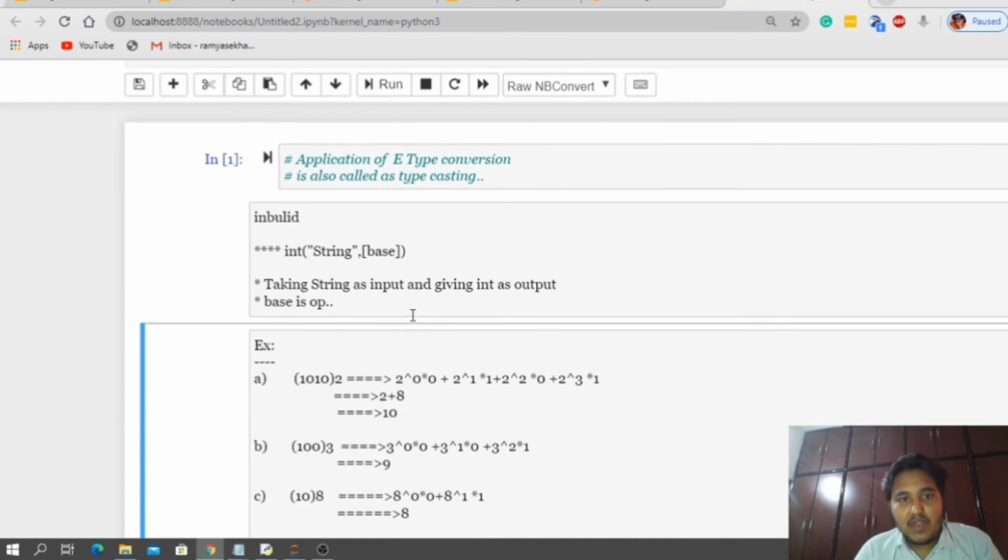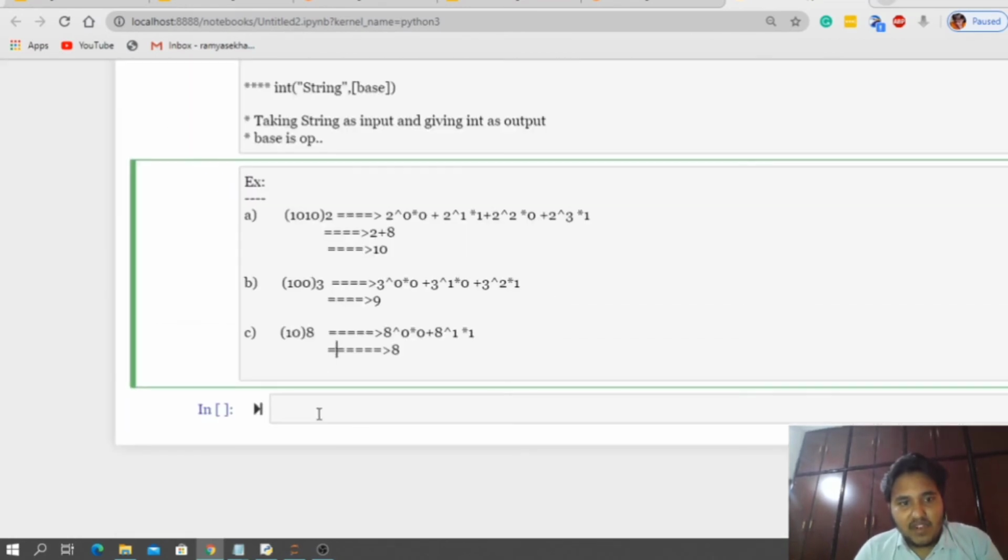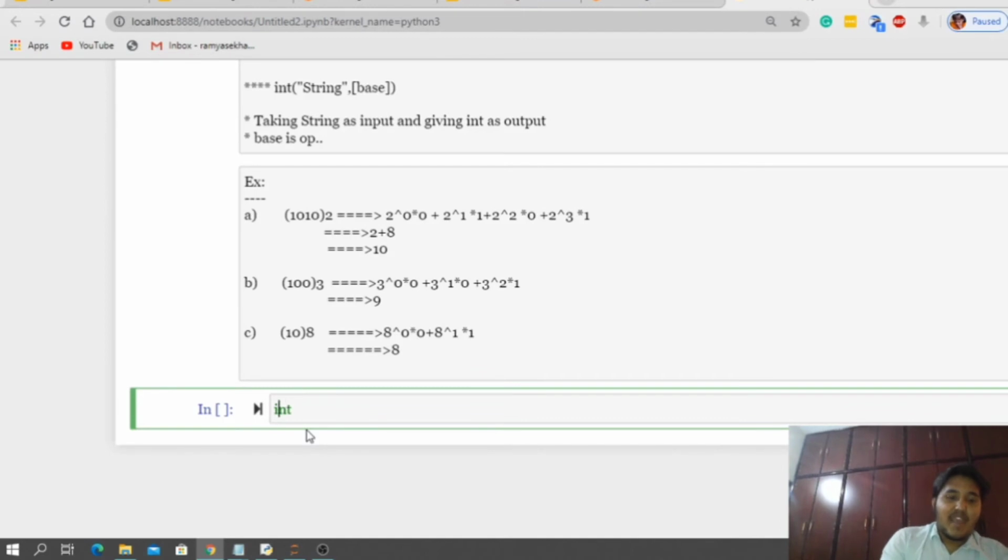Now let us write the program for this. This is very simple. We will be having inbuilt support. We will be using that inbuilt support and we will write the program. So in other programming languages, what we will do is take this number and modulo with 10. We will be getting the last digit. After getting the last digit, what we will do is we will take base value and we will increment the power. We will multiply that and we will do that. But in Python it is very simple, but we can do this with while loop also.